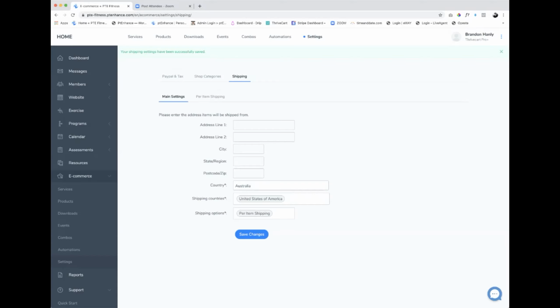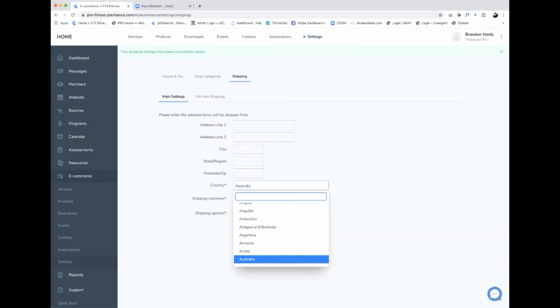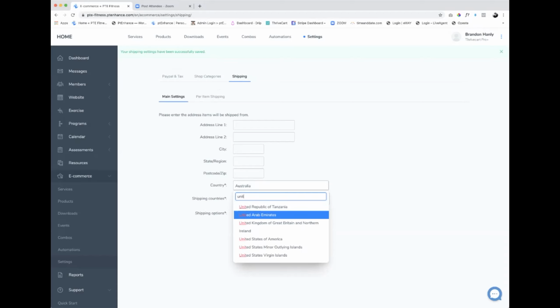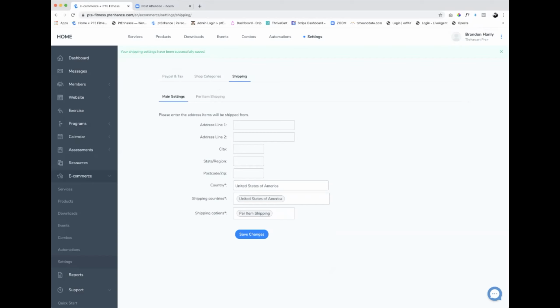Okay, so once you do that, when your client does go to check out, it's going to show United States, and then it's going to have all of the states located. So that's why, Monique, you're having that issue, because it says when you're trying to purchase, the only billing states options are Australian. Okay, and obviously in here we'd want to change this to United States as well. Let me change that real quick. Let's go to United. So country United States, shipping countries that,